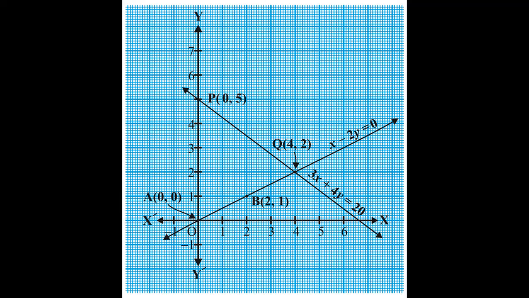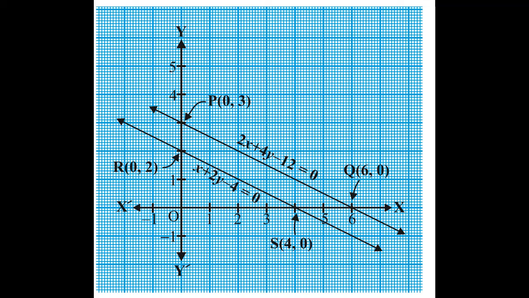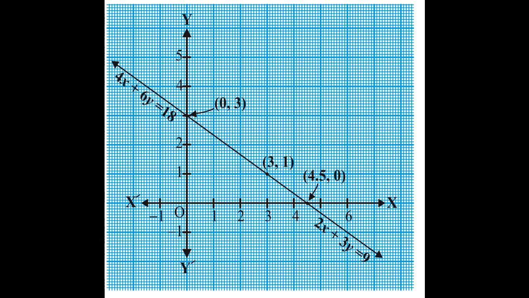After drawing the graph, you will get one point of intersection. That point you can connect to the x-axis and y-axis to get the solution. So you can note down the points where it is cutting the x-axis and y-axis and take that point. That will be the solution. And if it is a parallel line, there is no solution. And as we have discussed, if both the equations represent the same line, there will be an infinite number of solutions, and whatever points in the line, they all represent the solution set.